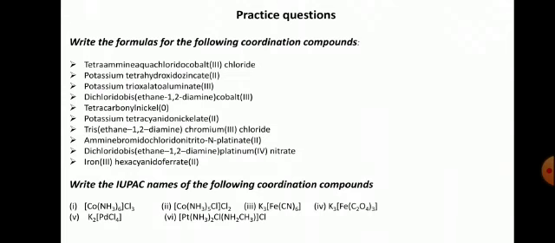What you're supposed to do is write down the name or write down the compounds, mention the oxidation state, coordination number, and also identify which type of complex it is, whether it's a neutral complex, positive complex, or negative complex. This is one category. Another is whether it's a homoleptic or heteroleptic complex, or whether it is a mononuclear or polynuclear complex.